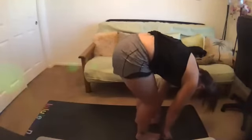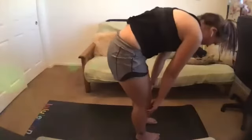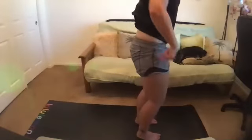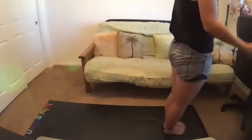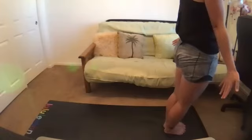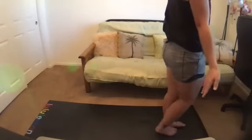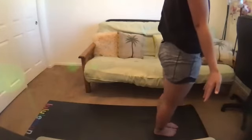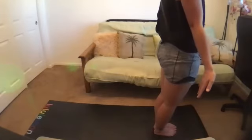Releasing your fingers and slowly rolling up vertebrae by vertebrae with your head the last to come up, meeting at the top of the mat with your feet together, palms open, forward as we come into Tadasana or mountain pose. So we'll warm up with a few half suns to begin, and from there we'll go into some Sun A